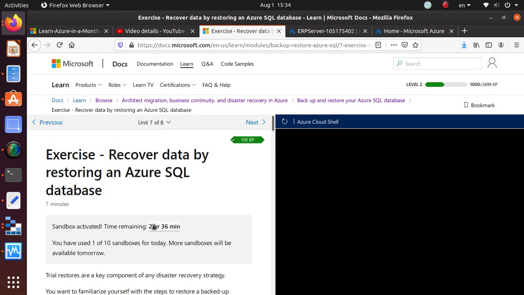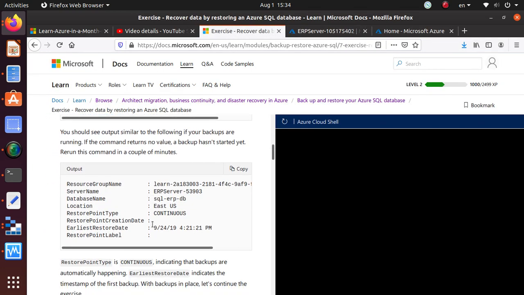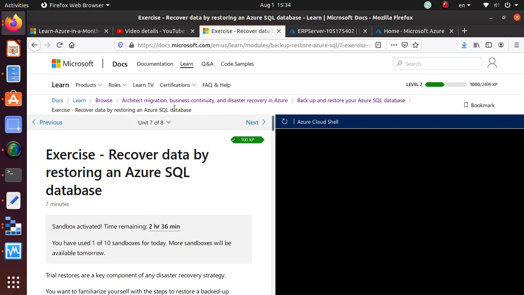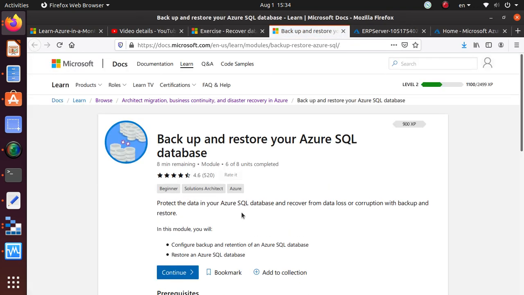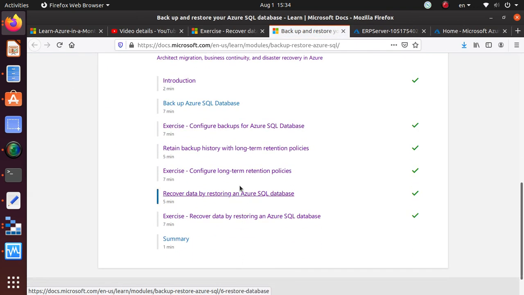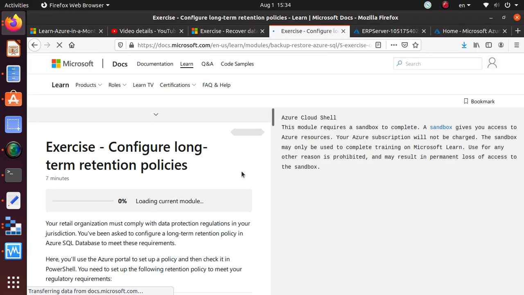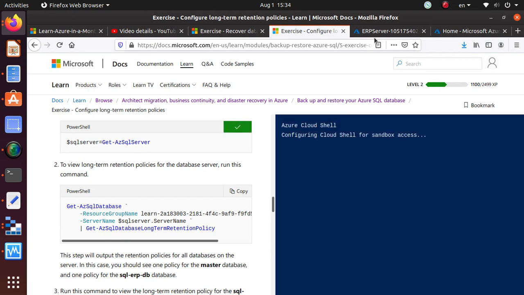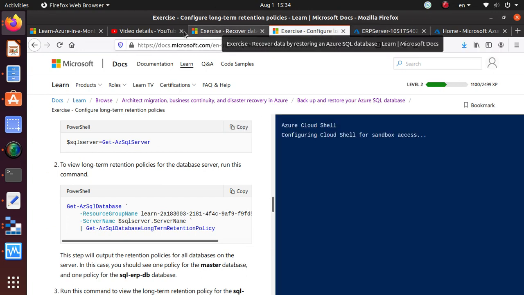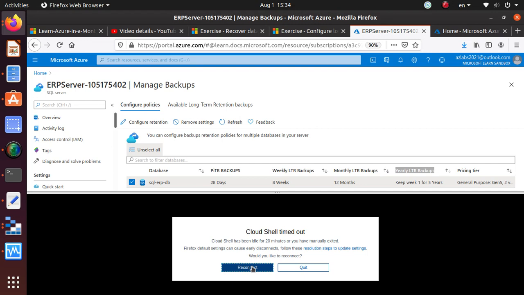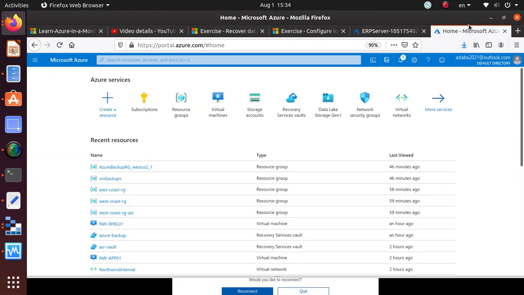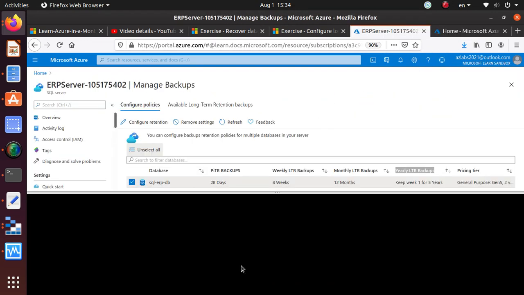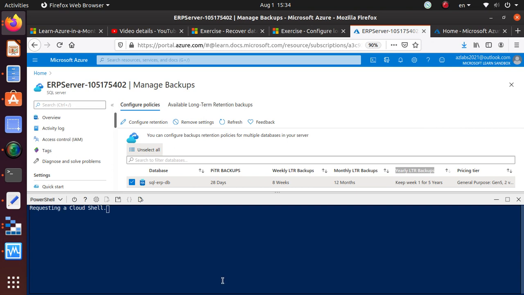So what we need to do is open up in here, and go back to this portion. Here we need to run this command one more time. Which one are we using? This one. Okay, just reconnect,